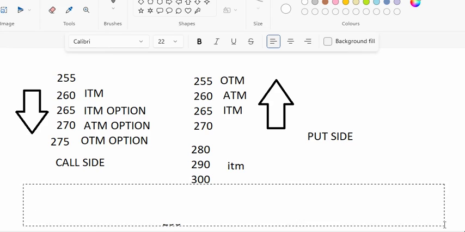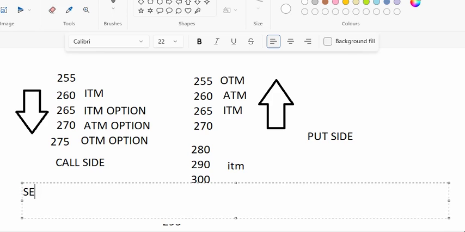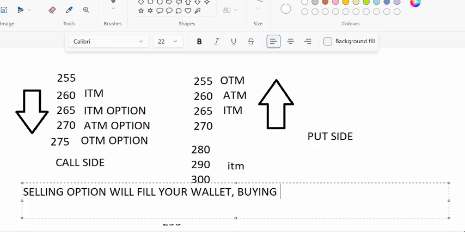This is a very important thing, guys. Selling option will fill your wallet. However, buying will fill your suitcase,